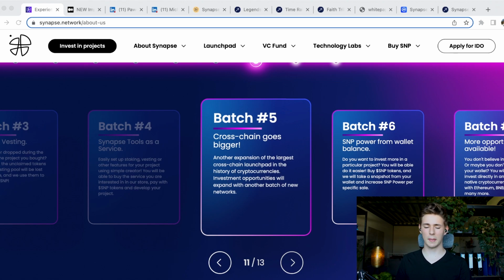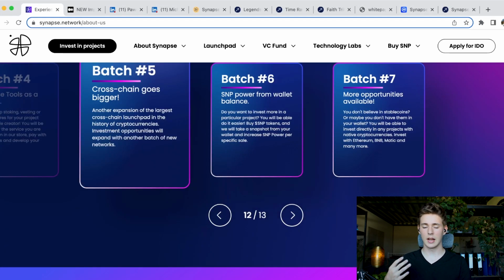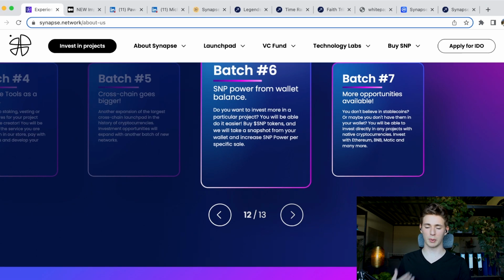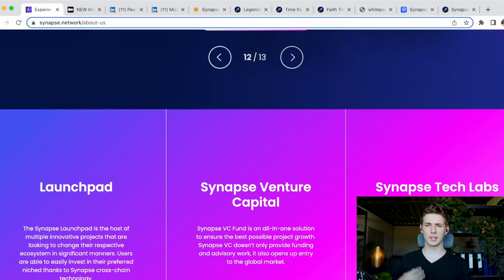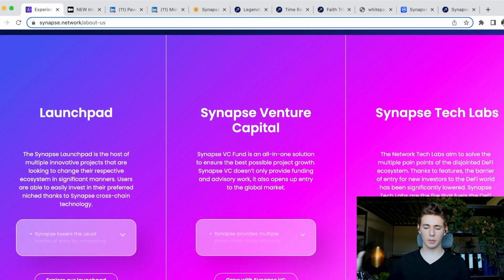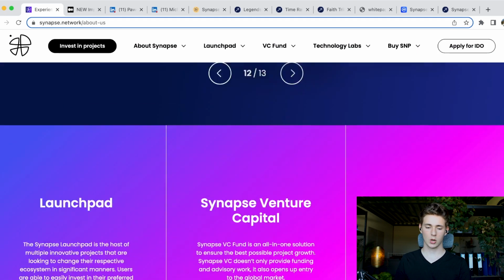I do want to point out that the roadmap itself is very weak. Like, it doesn't look very clear. It's not really an overview as it is supposed to be. So that's a shame. But the actual improvements of the team and what they're doing, that is certainly quite good.